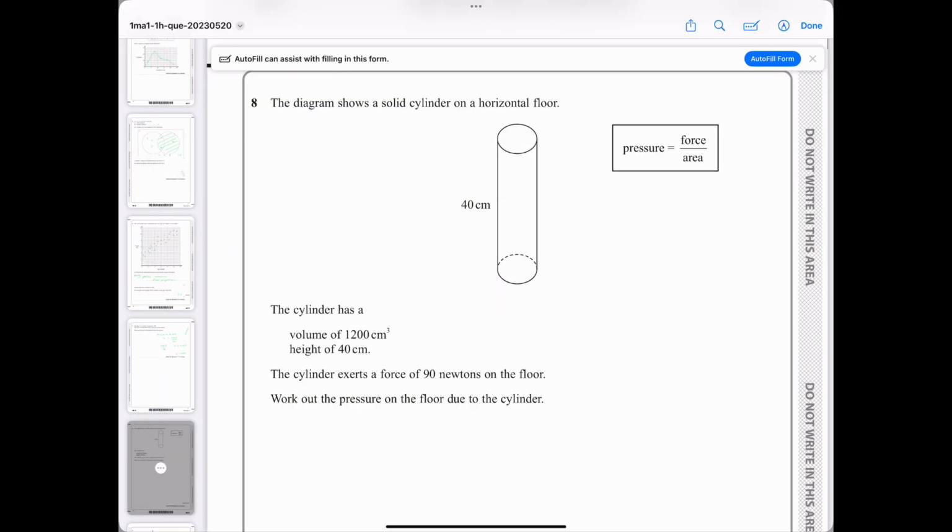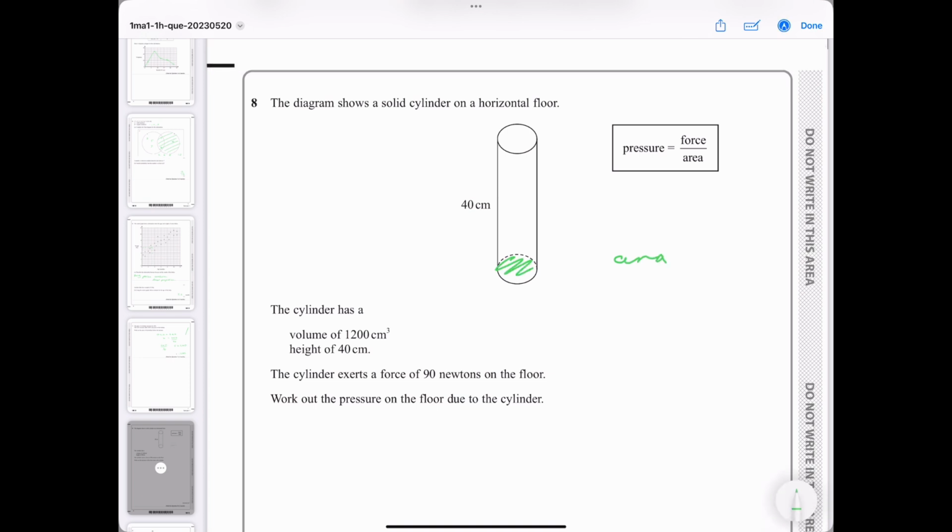A cylinder on a horizontal floor. The cylinder has a volume of 1200 centimetres cubed and a height of 40. The cylinder exerts a force of 90 newtons on the floor. Work out the pressure. Before we can do anything, we need to find the area of the circle at